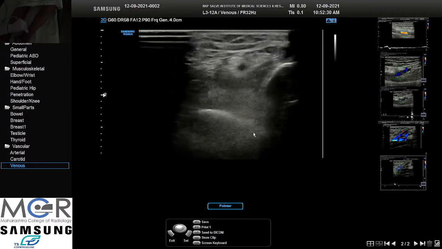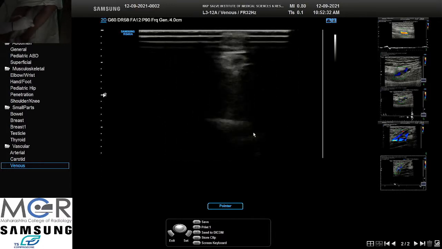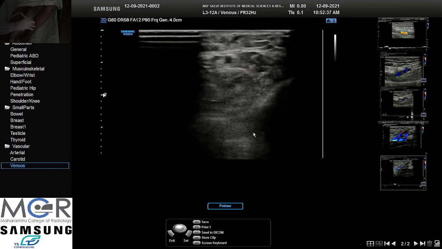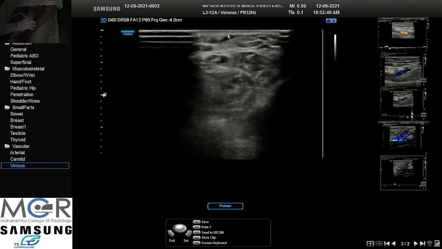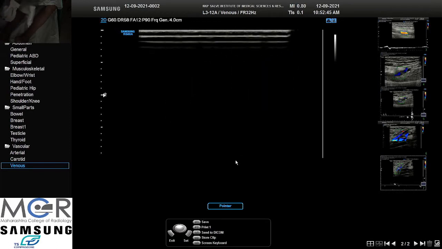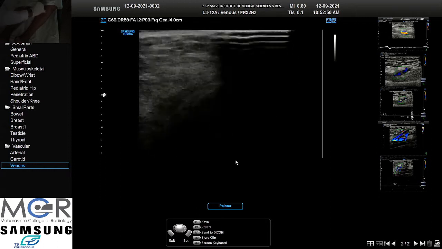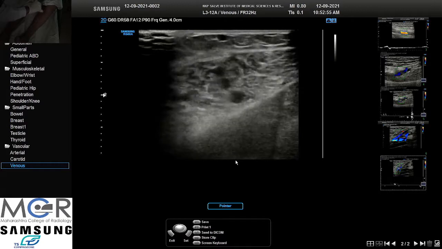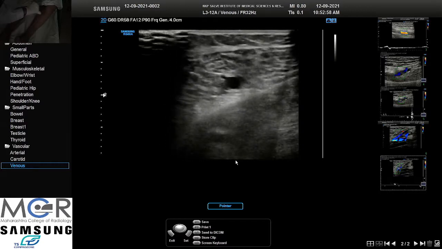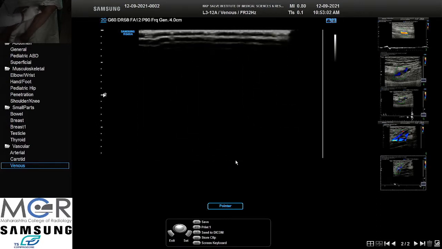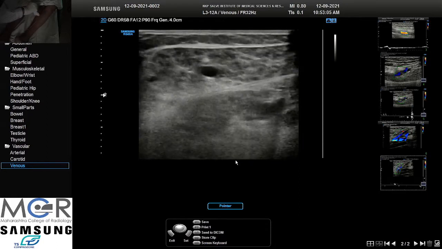Veins are getting compressed. There is a perforator here. I'll apply jelly. Either you screen the GSV or you screen the posterior tibial vein. Then you can get most of the perforators.